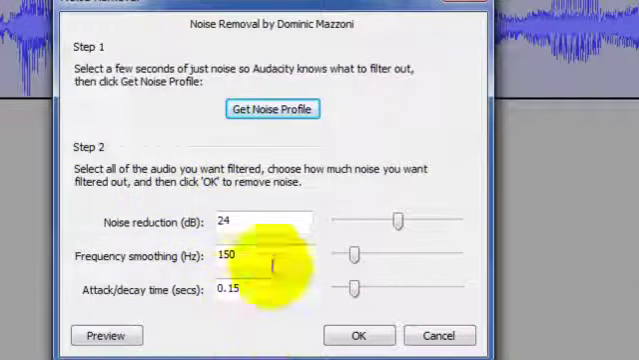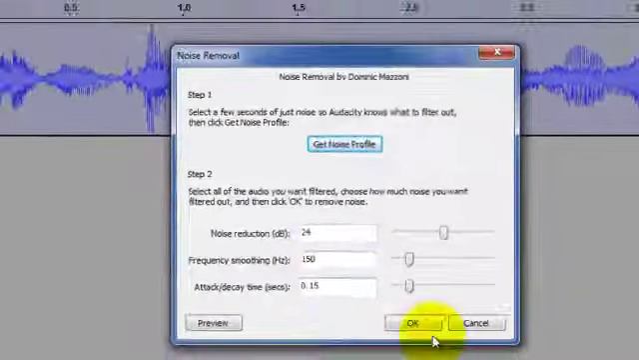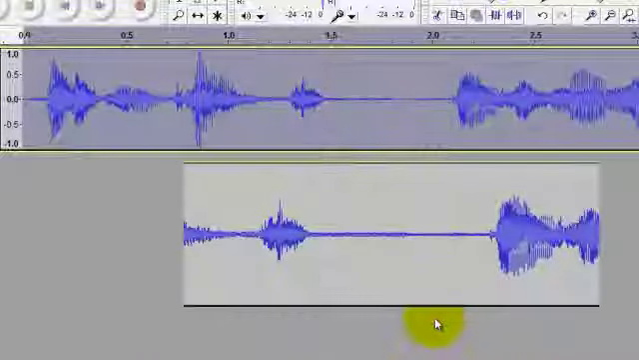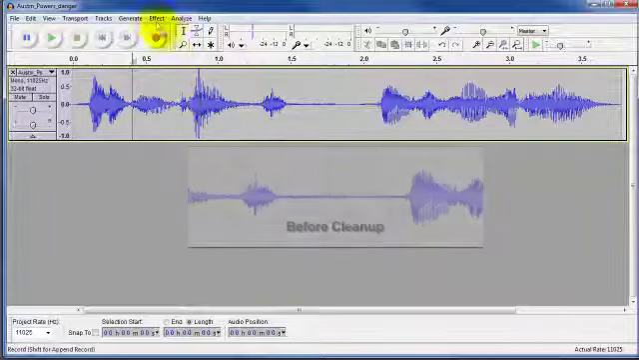So come on back up here to Effect, click on Noise Removal, and step 2, and I just leave these as default. You can adjust these by using these sliders or just typing in the number you want, but for me, this works just fine. Click on OK. And you can see how that was reduced. So that's one thing. Another thing is under Effects again,